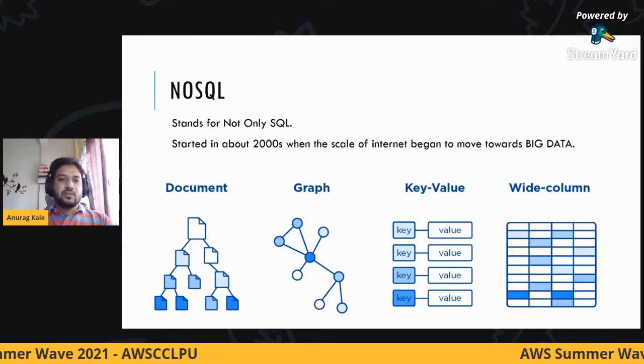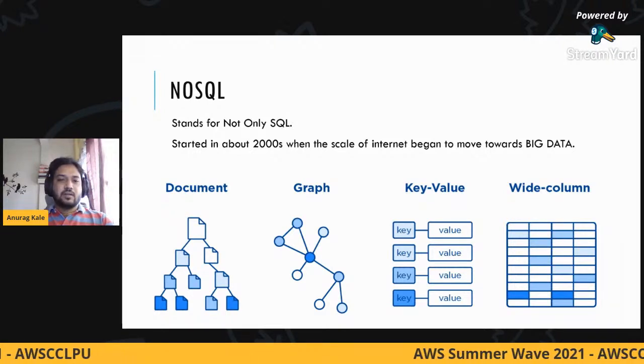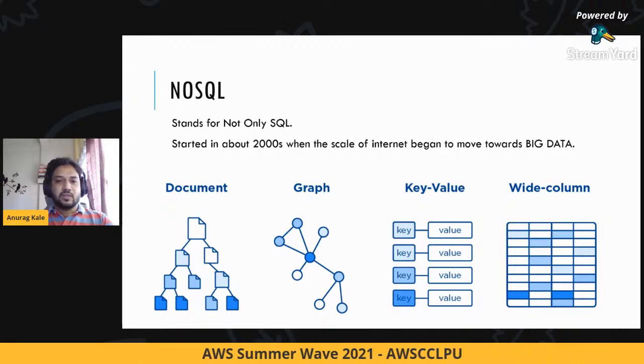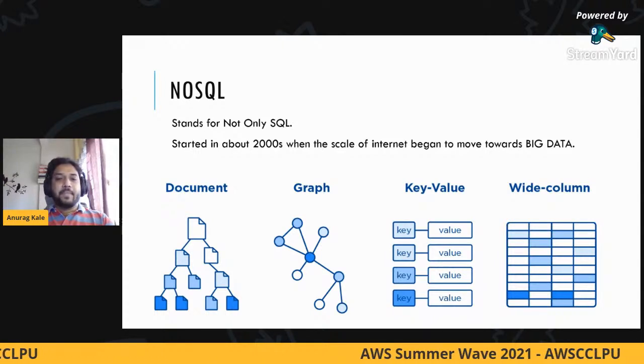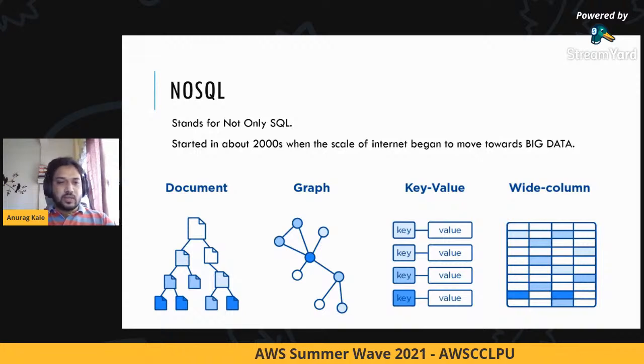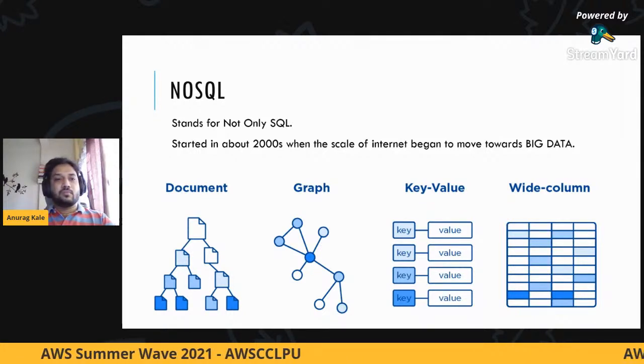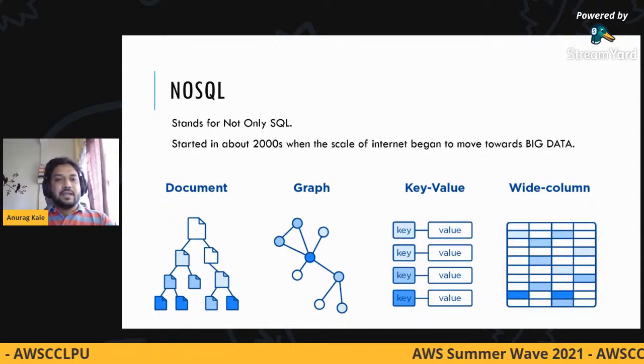This basically means that for certain use cases you need to optimize the underlying data structure so that it suits your use cases better. So this is how NoSQL came into the picture, and it was created for internet scale.